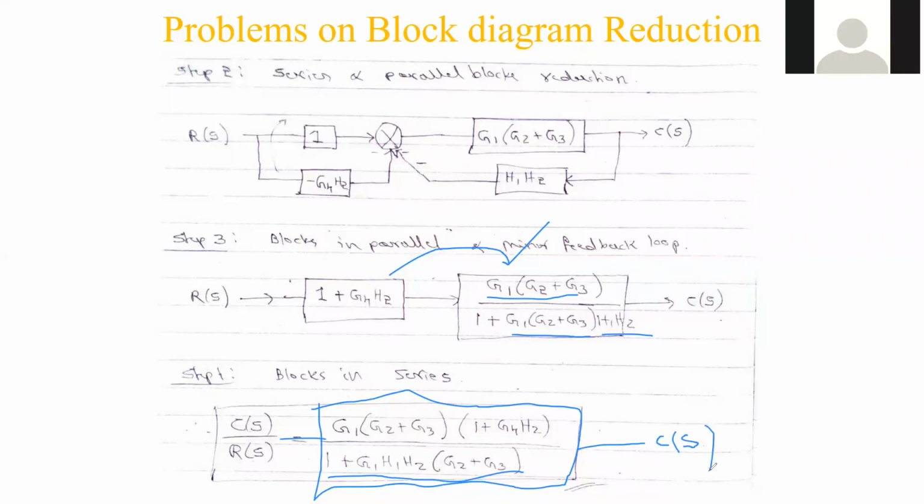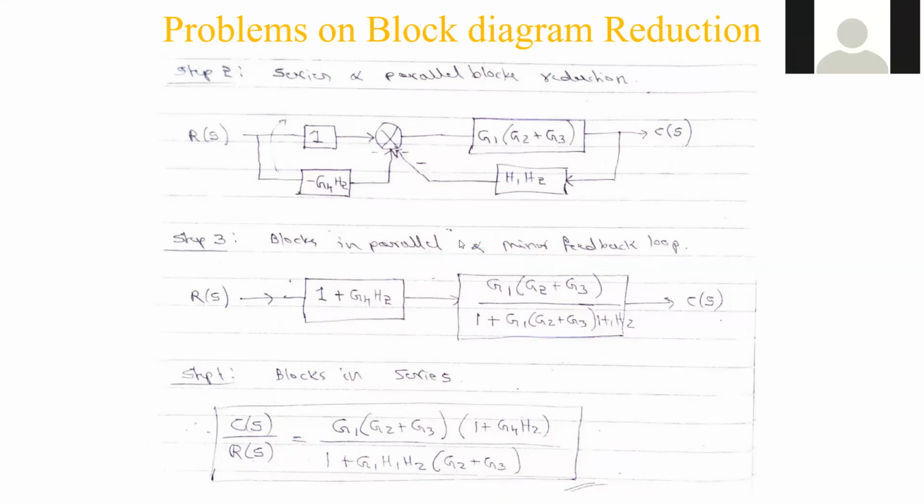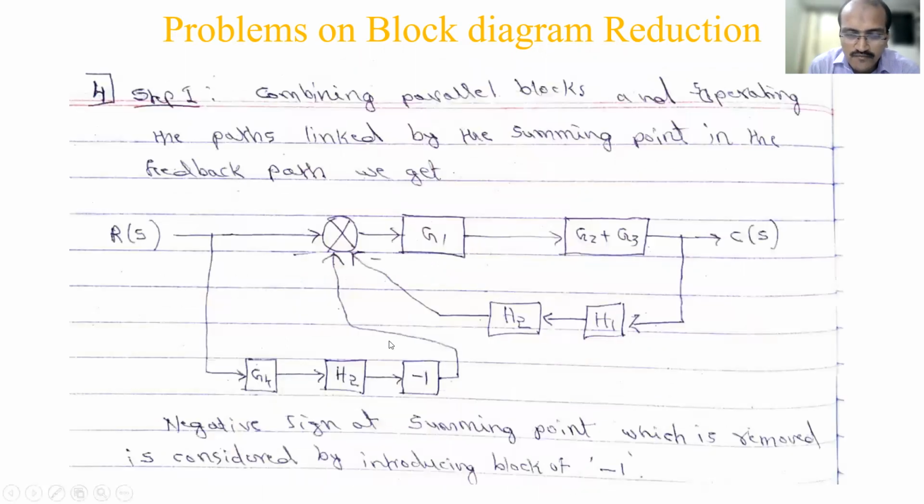Excuse me, sir. Yes. I have a doubt: why did we take -1? In step 1, we took -1, right? So if we don't take -1, what will happen? No, sir, like why do we have to take -1 and unit? We have the unit separate. I understood, sir. Why do we take it when we are making some changes to the -1 block? I didn't understand.